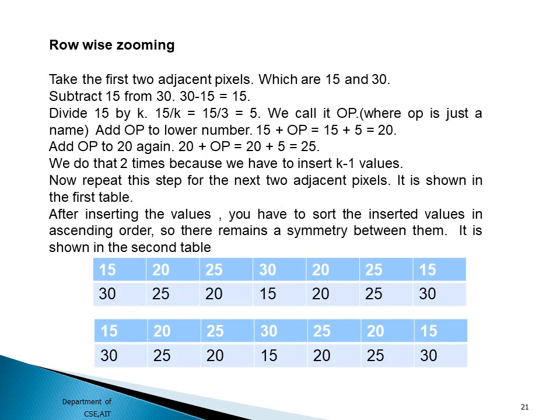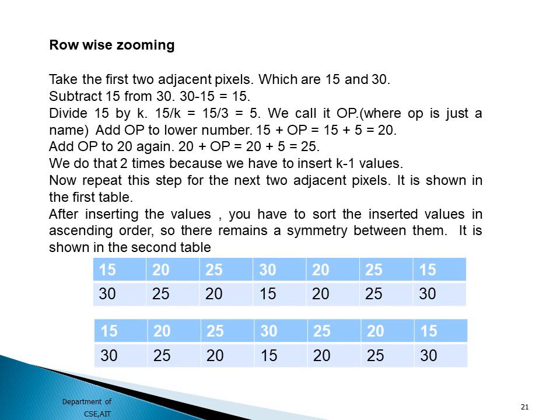You can look at this image over here. In the first picture you can see the 15 and 30 in the first column, taken from the input. Then we have 20 and 25 which are calculated, 25 and 20 which are calculated, 30 and 15 from the input, 20, 20 which are calculated, 25, 25 which are calculated. Finally we have 15 and 30 which are taken from the input.